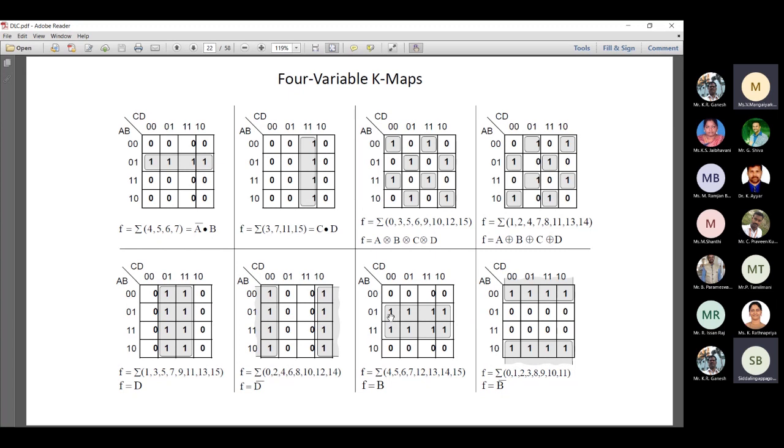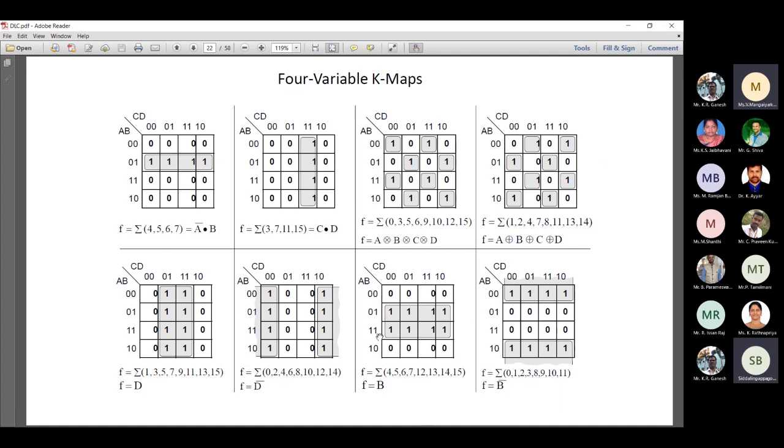Whenever you are grouping, be careful, and while writing the expression also. Whenever you want to write the expression, you check the common term, right? So by row as well as column. Here column wise, if you see, this is one group; you have to check all these four because it is grouped with 8, right? In this term you don't get any common term here. First 0 is there, 0 common is there, next again it is changing, right? So 1 0 1 1 0, there is no common term, it keeps on changing, right?